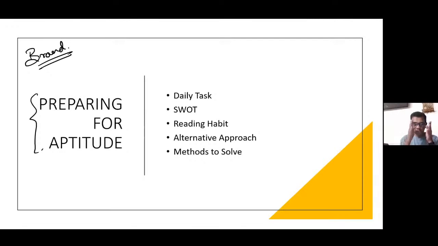If you do the selection now, you will be 10 years, 20 years faster than the previous generation. If you do the selection 10 years later, you will be at the same pace as the previous generation. So the choice still remains with you. Great. Coming back, what do I have to do if I have to crack an aptitude exam of one of